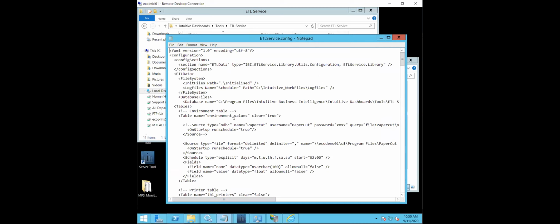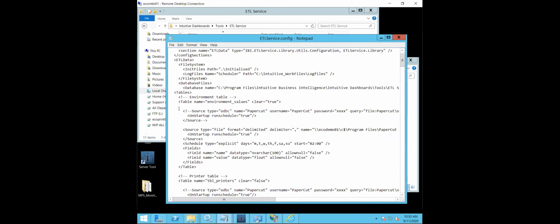So you'll see inside here it's setting up all of the tables. So you see where it says tables, and then you've got environment table, and then you've got a closing statement a bit further down. Exactly. So in the text file that I sent you,